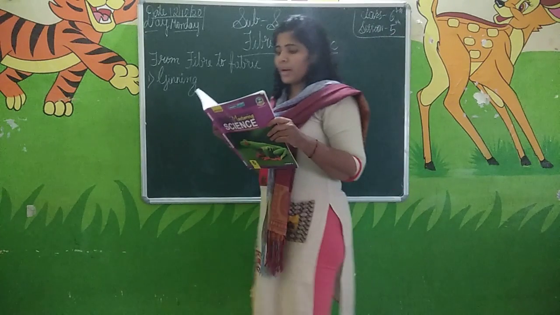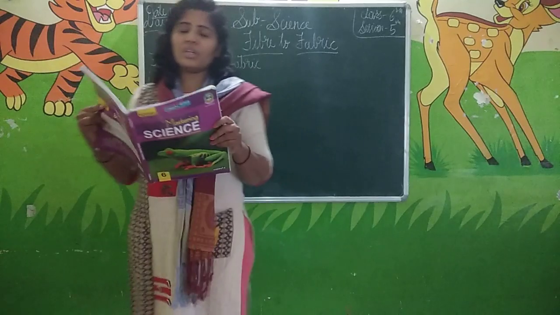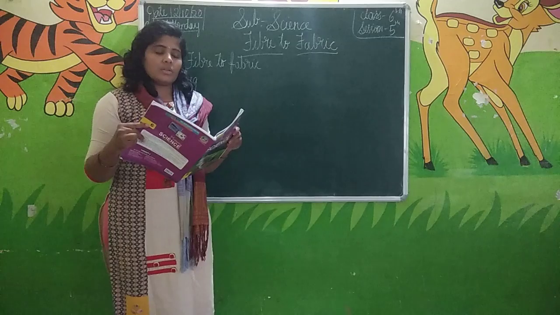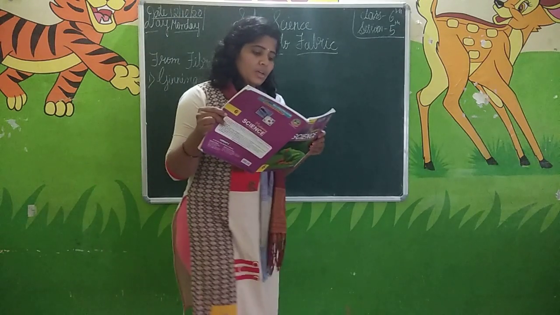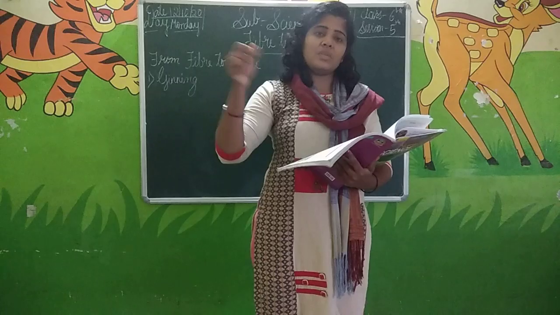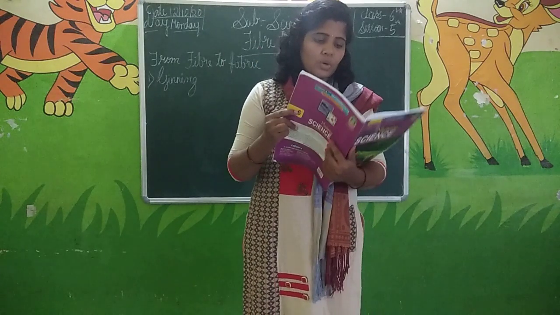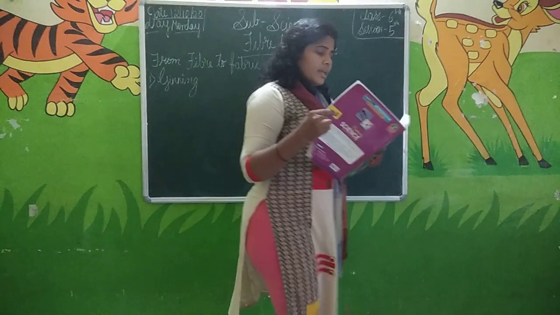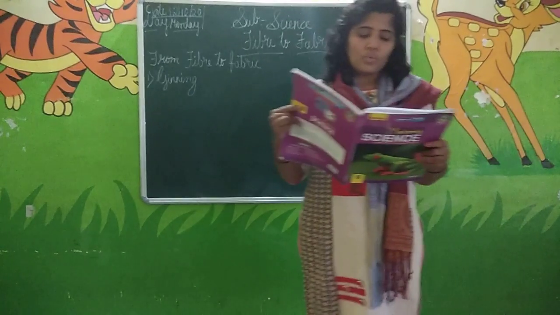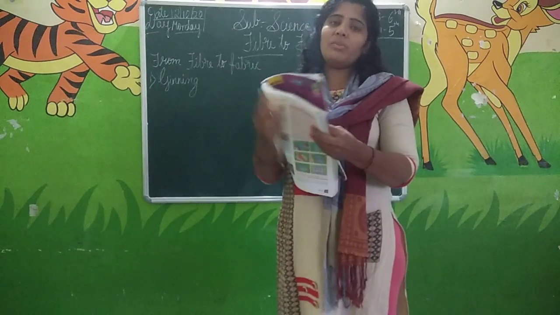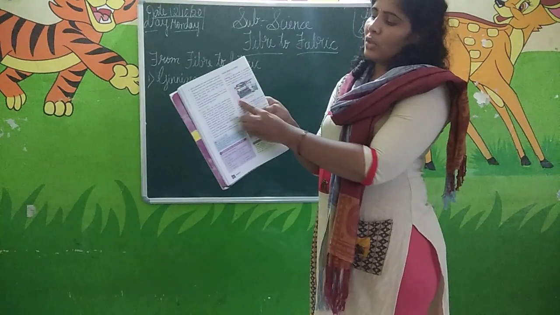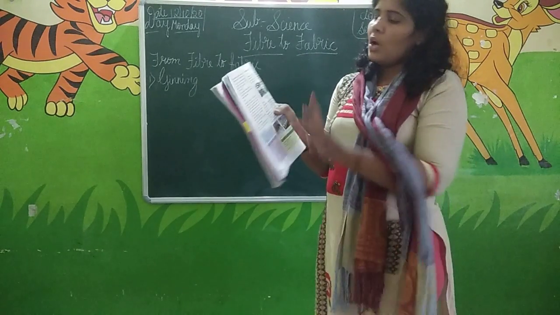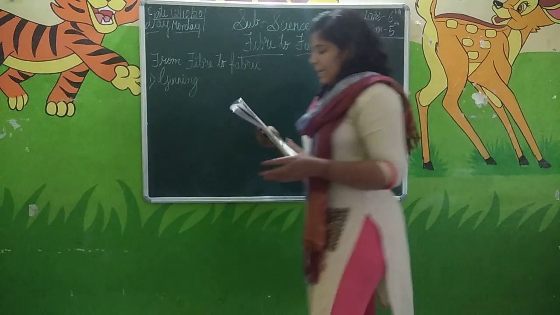It was traditionally done by hand using steel combs. Earlier, they used to separate the cotton seeds and the cotton fiber with a comb-like structure made of steel. These days a machine called a roller gin is used for ginning. Nowadays they use a machine for ginning. The machine name is roller gin. You can see the picture of a roller gin, which separates the cotton and the cotton seeds. The first process is ginning.